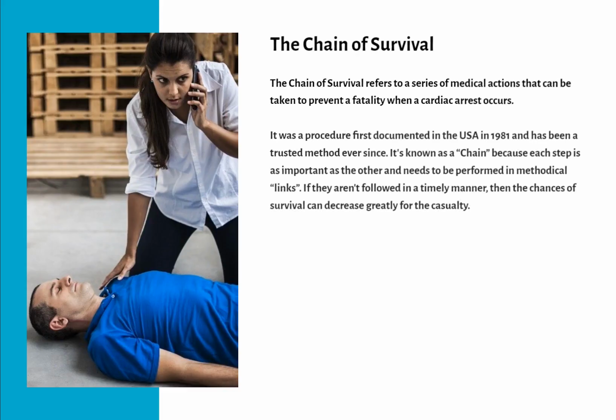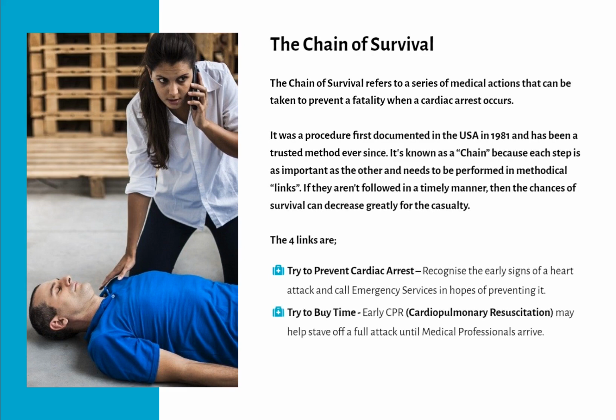The chain of survival. The chain of survival refers to a series of medical actions that can be taken to prevent a fatality when cardiac arrest occurs. It was a procedure first documented in the USA in 1981 and has been a trusted method ever since. It's known as a chain because each step is as important as the other and needs to be performed in methodical links. If they aren't followed in a timely manner, then the chances of survival can decrease greatly for the